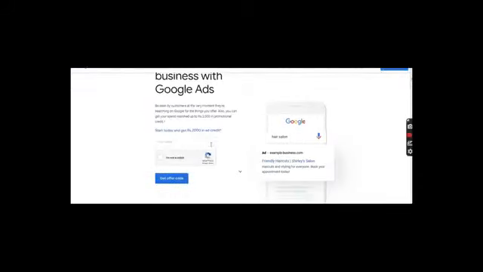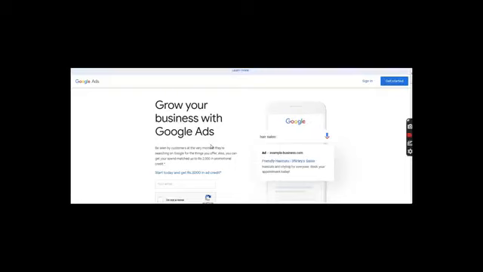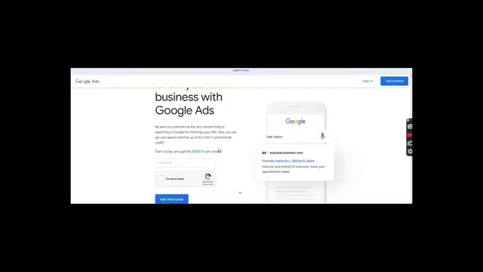Basically, friends, first I will tell you about this tool. This is basically a tool for Google PPC. As you know, PPC is the paid campaigns, pay per click. So this tool is for managing and running your paid campaign. But this tool also provides a facility to find some good keywords that you can use for your SEO purpose. So I will tell you briefly about how we can check the keywords.